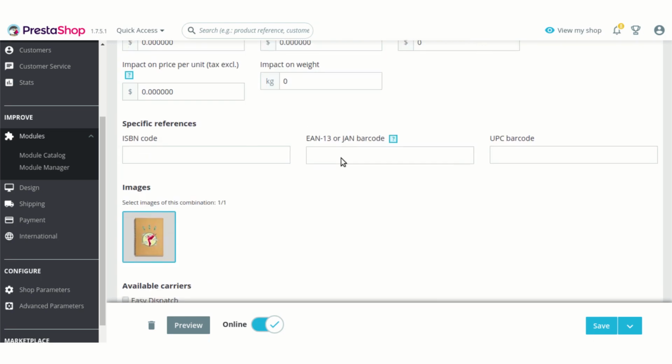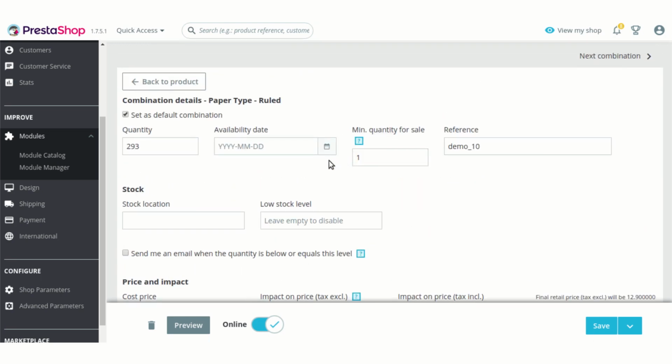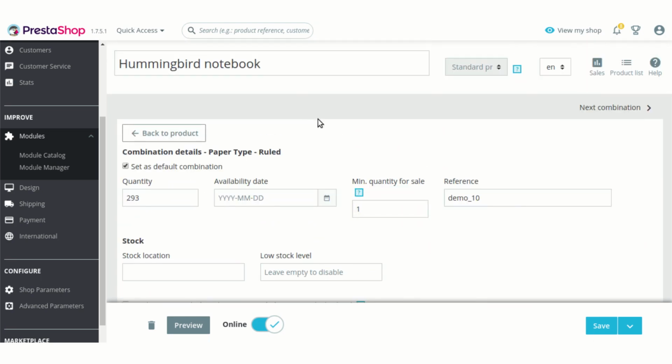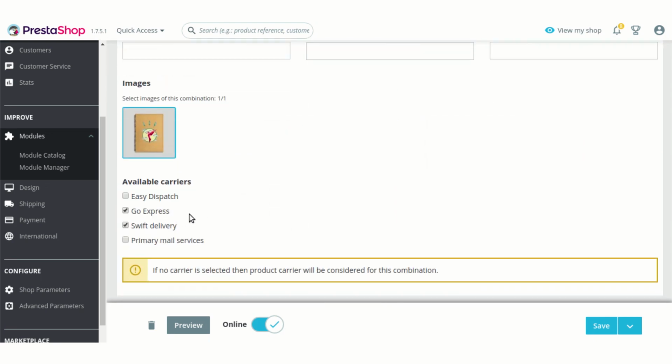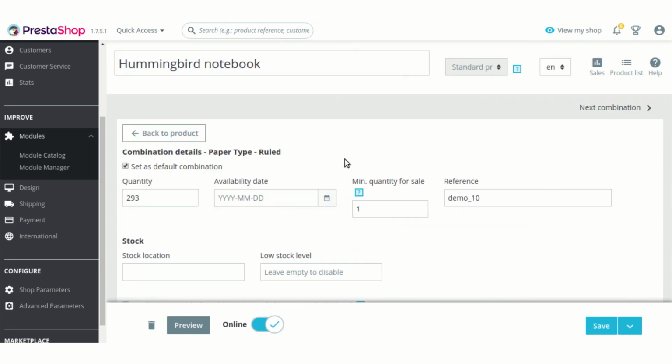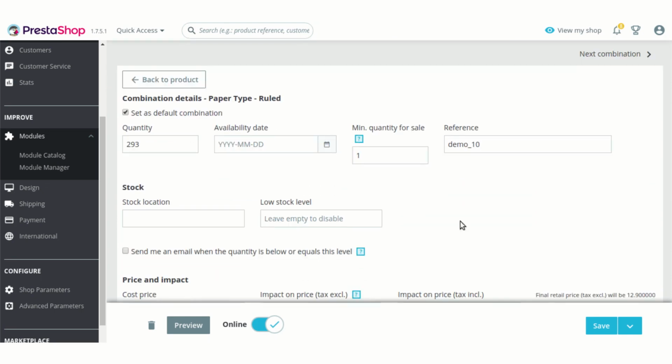As you already have seen, we have selected all the shipping carriers for all the combinations of this product. Now we are selecting only these 2 carriers for this particular combination. Then only these 2 carriers will be available for the customers on the front end if he or she chooses to buy this particular combination.